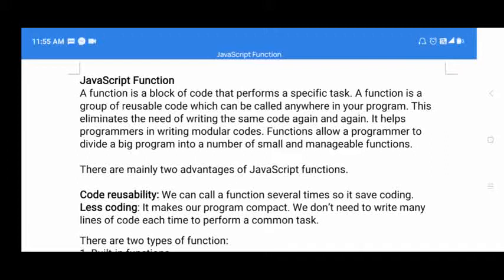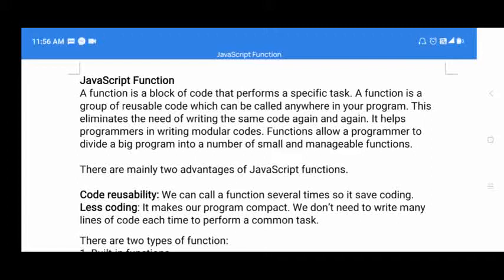And a function is a group of statements, and we can use the same statements any number of times by calling the function. Whatever statements you have written in the function can be executed any number of times. If you want to execute the same function many times, you just need to call the function, and it will be executed.